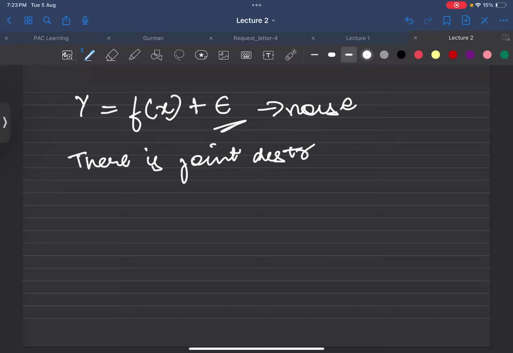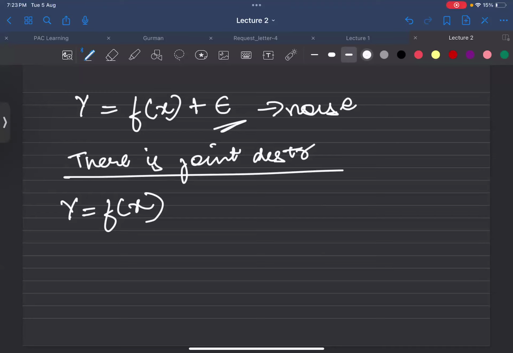Going in depth, as it was mentioned in the lecture, there is a joint distribution. Why does this have a joint distribution? Does anyone have an idea? If I don't add noise, will the joint distribution appear? You read in the lecture there is a joint distribution. What do you think about this? Come on.